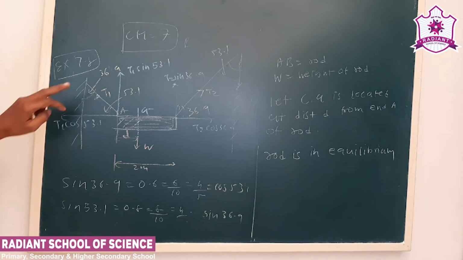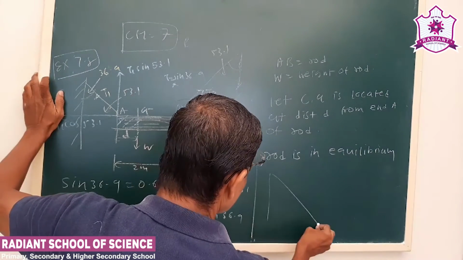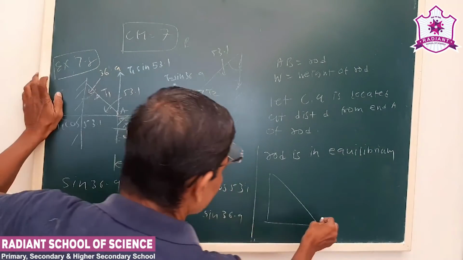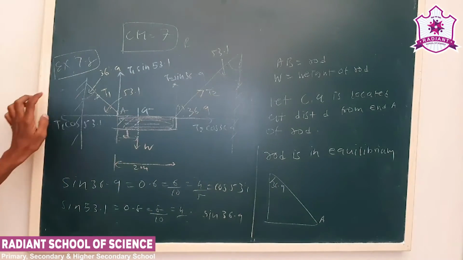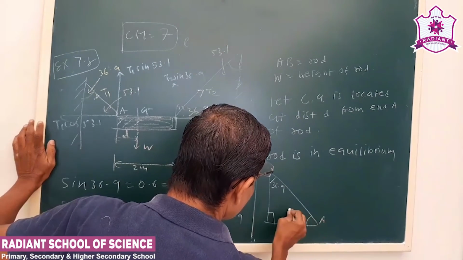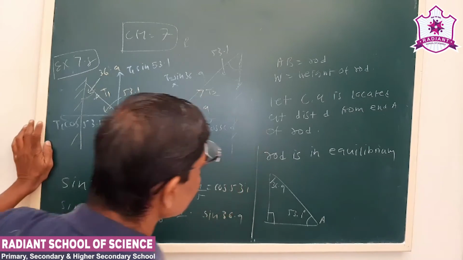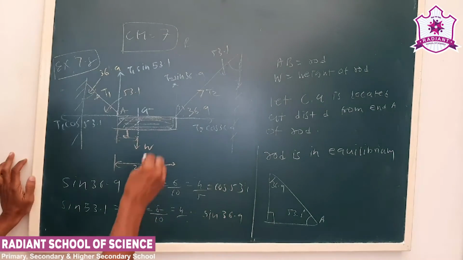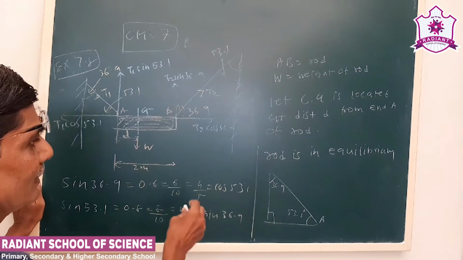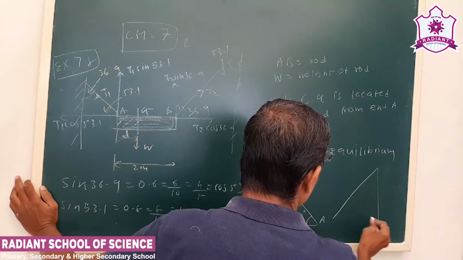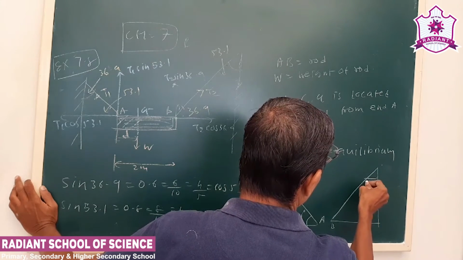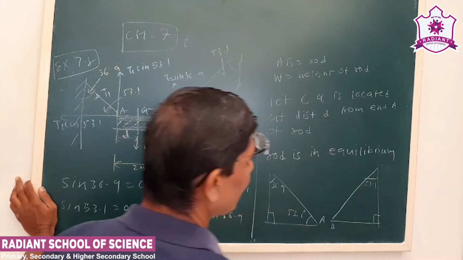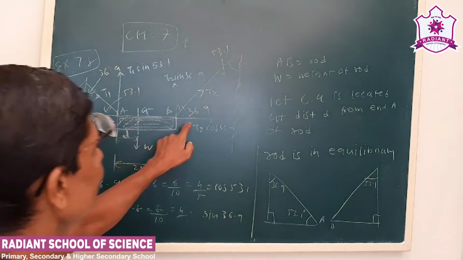Now see here, this angle is 36.9, okay, let us say point A. This angle is 36.9, that is given to us. So this angle, it is a right angle triangle, 53.1. Okay, this is point end A. Now for rod end B, this angle is given as 53.1. Again, it is a right angle triangle. Okay, so this angle will be 36.9.